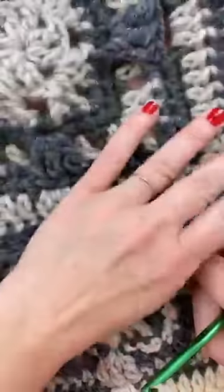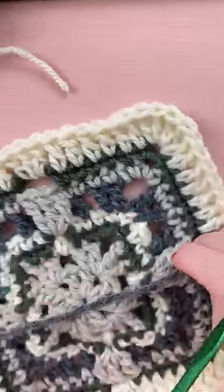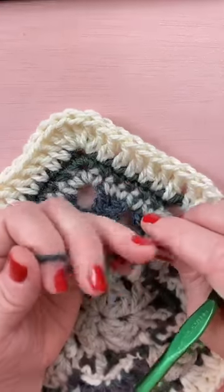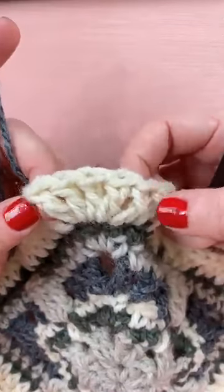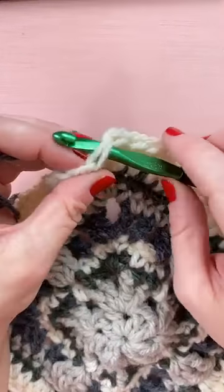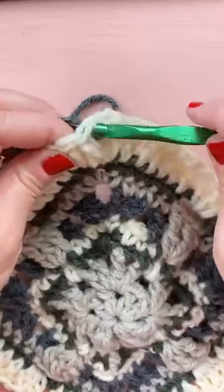If you just use the same 5 colors and mix and match your rows or your rounds, that'll look really pretty once they're all put together. So join the second color in any center corner stitch. Here, remember I did 5 for this corner, so 1, 2, that's the center corner. So we're just going to join this charcoal yarn like that,